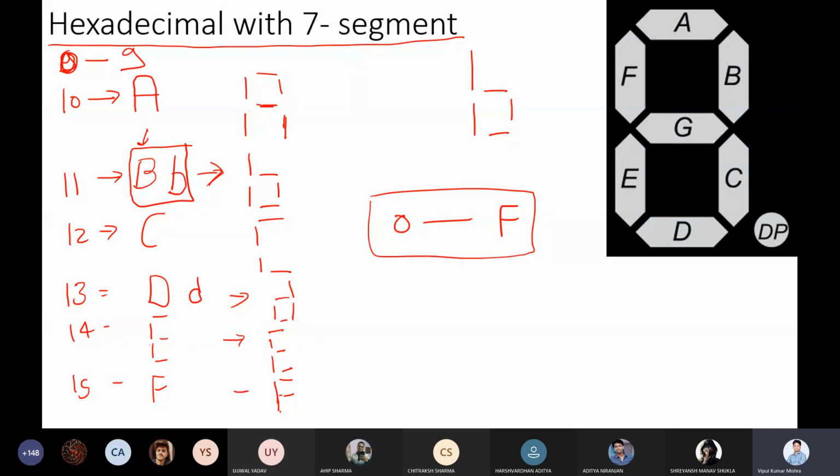So that's it for today. Now you can make hexadecimal to 7 segment. You can make BCD to 7 segment. You can make binary to gray code as well. So you understand the process of how to develop a circuit from the idea. From the idea, you first make the truth table. From the truth table, you will make the circuit. Any doubt on this?